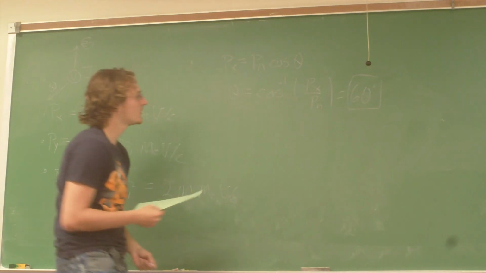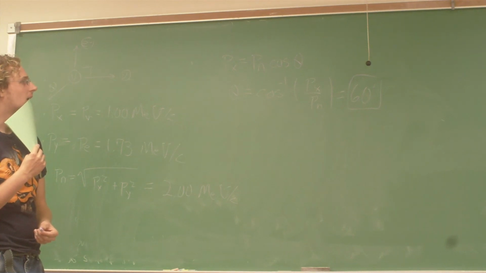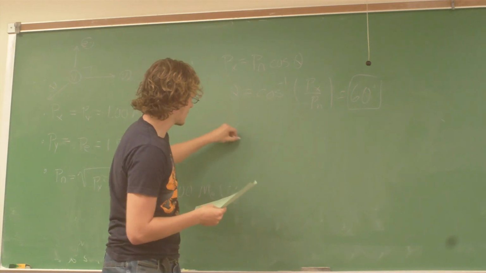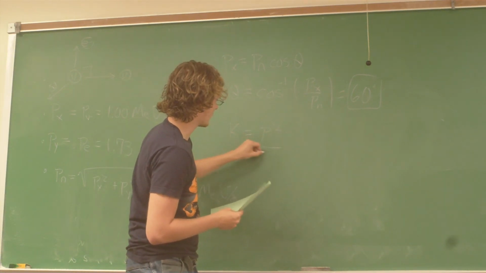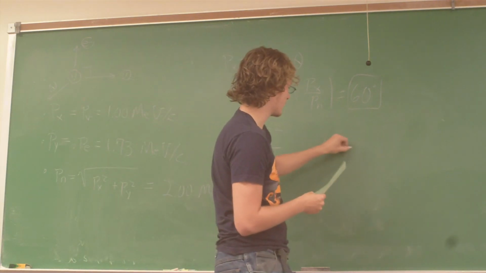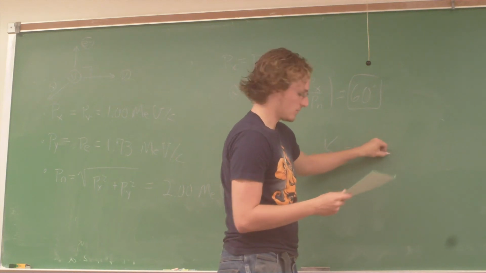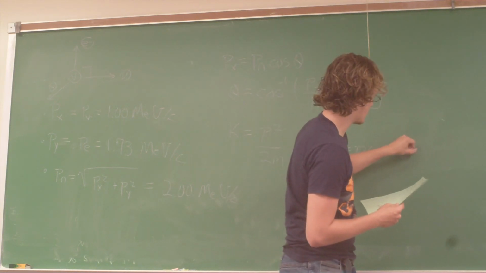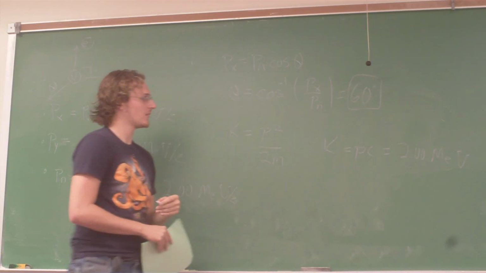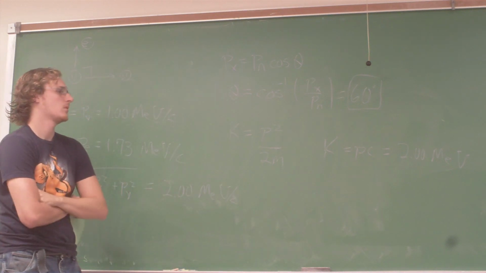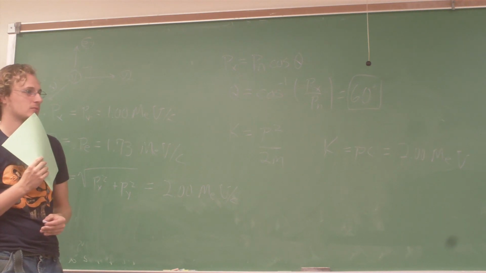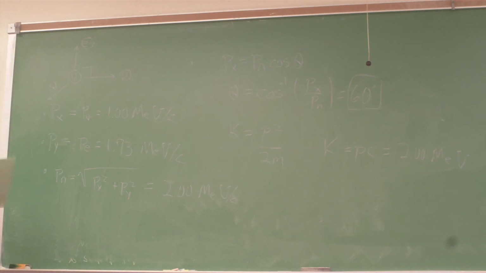So it's 60 degrees. And for the kinetic energy, it's pretty easy because it's just K equals P squared over 2M. I was thinking it's relativistic, so I used K equals PC, which would give you 2.0 MeV. But according to this, it's not relativistic. Why isn't it relativistic? I guess the energy's not high enough. I thought it was high enough, but for the neutron, it's